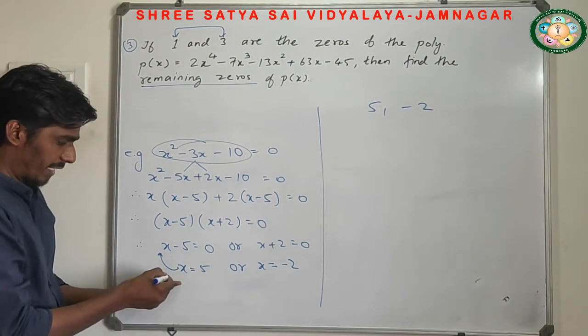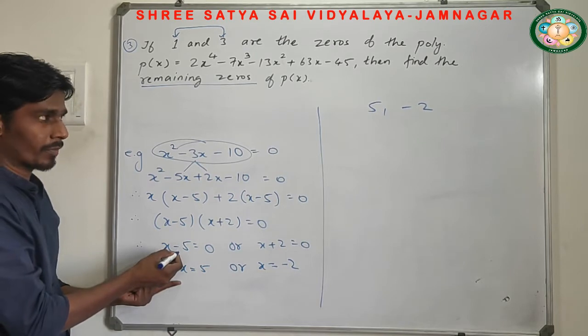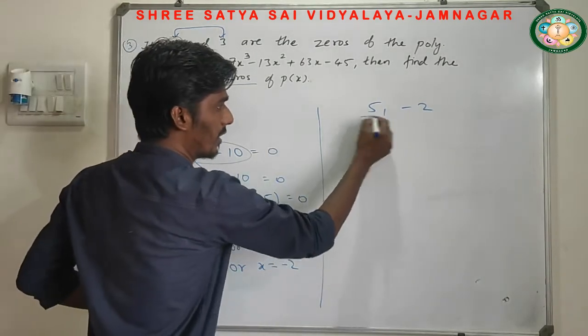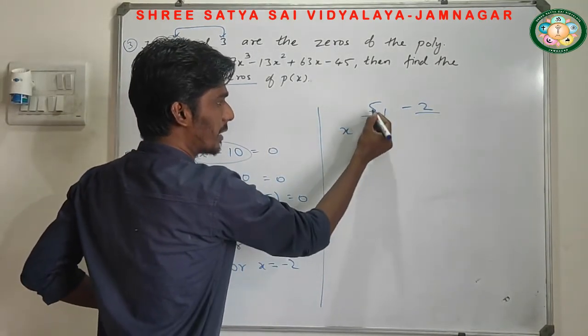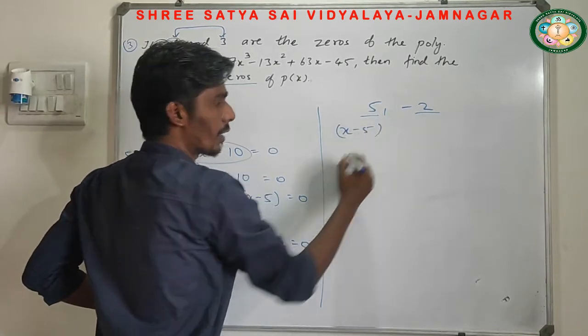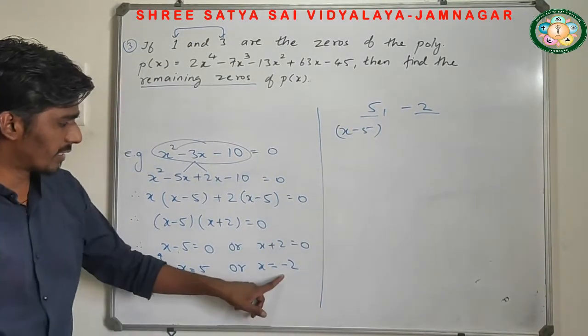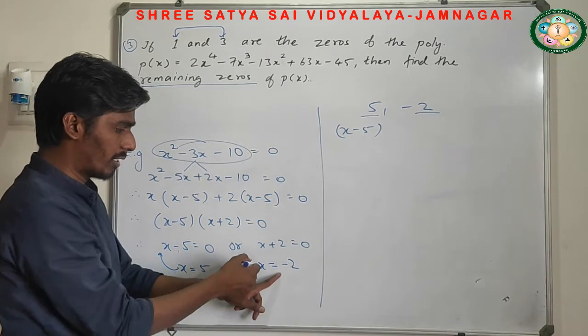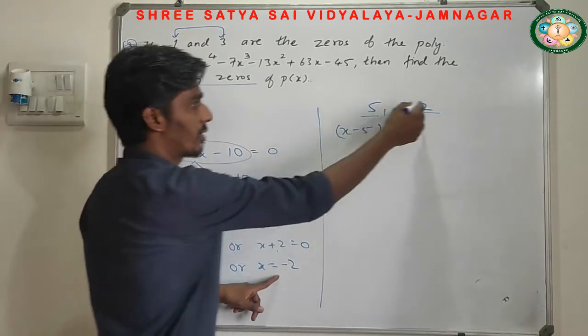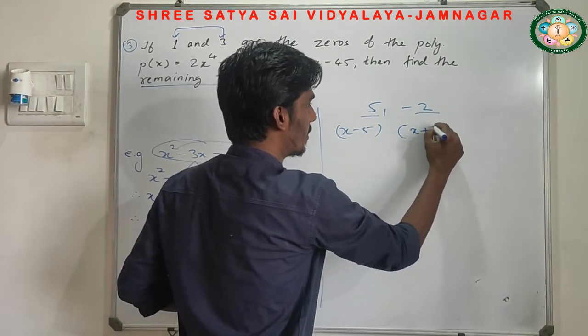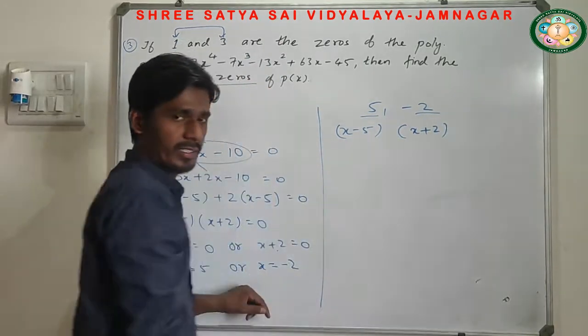Here, whatever sign is there, if you take the reverse step, the previous step of this is what? If I take 5 inside this LHS, it becomes minus. So from this I get the factor. If it is plus 5, I have to take minus 5. And if I take minus 2 over this side, it becomes plus. So another factor is x plus 2. These are the factors.